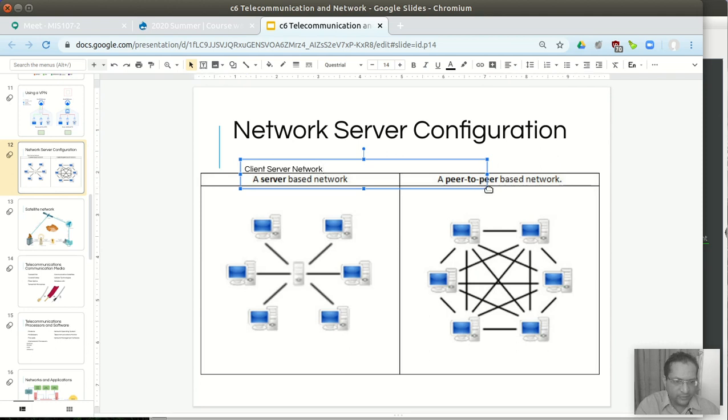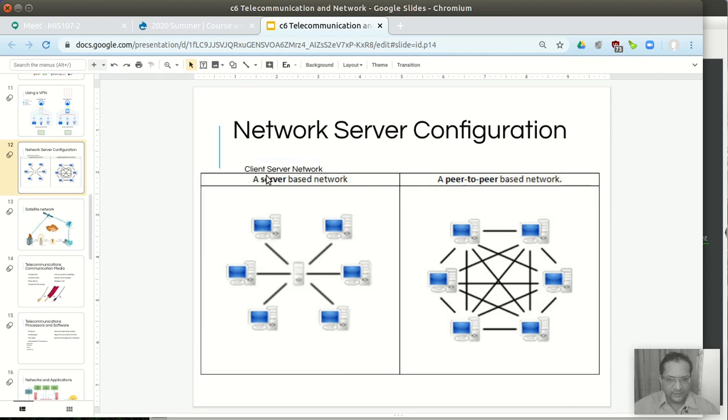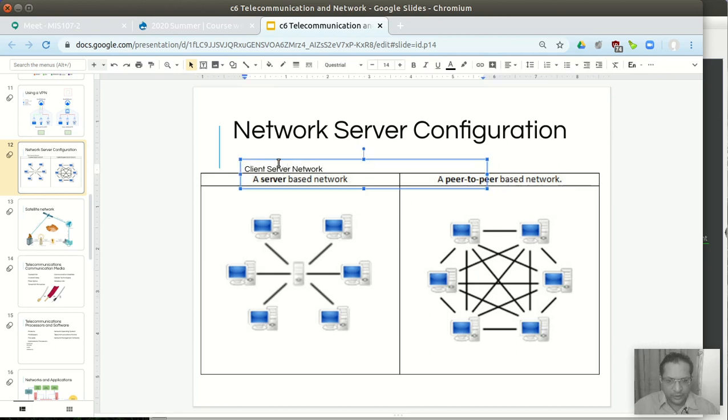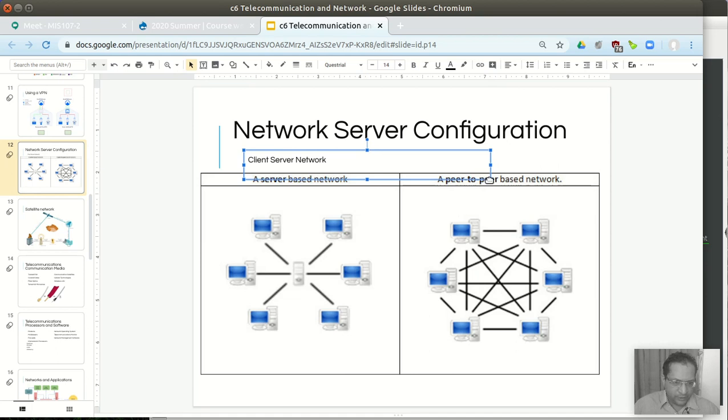So there is a server, right, which dictates a lot of things. For instance, who can access the server controls. You put in a username and password, the server checks all this information, and based on that it will give you certain access. Compared to that, in a P2P network everybody has the same power. Everybody has the same or similar resources, and you cannot just block one or more persons as easily.